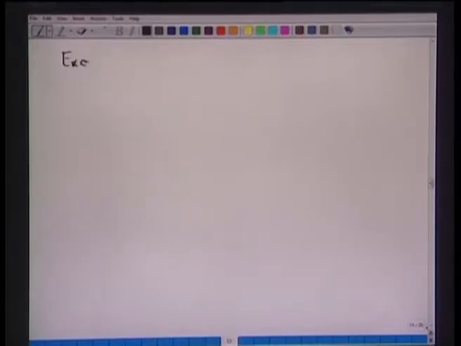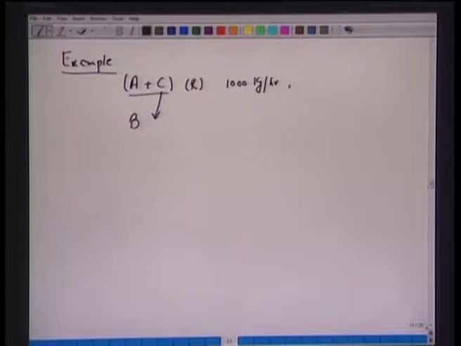Again we will focus on binary components. So, let us say we have a fluid mixture, a mixture of A plus C, and we call this R phase, raffinate phase, and we have a solvent, we call it B, and we want to remove this component C from this A plus C. Let us put some flow rate here. So, the flow rate is 1000 kg per hour, and it contains 15% of C,